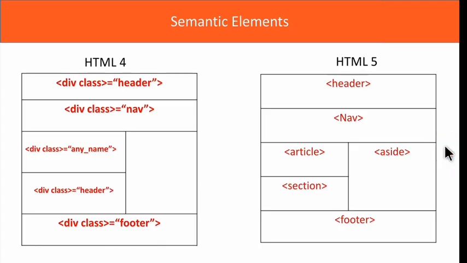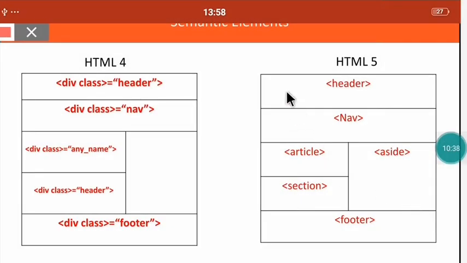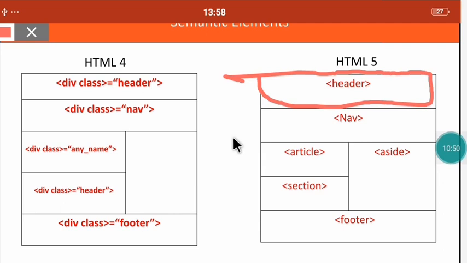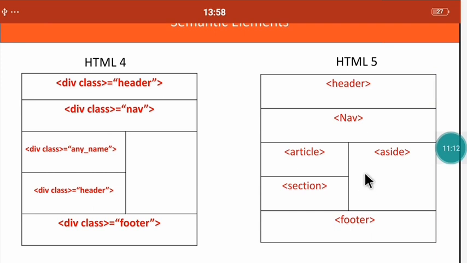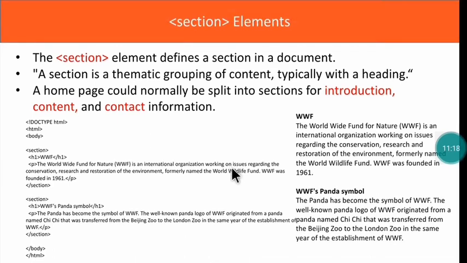But in this, here we can directly have this one. Directly we can place the footer. So this is the footer, you can place directly in this. Here also the navigation tag is given straight away. You can use article, section, aside, and the footer. So previously in HTML4 it is not like that. You have to use the div tag and then you can place the content. But in this you can easily place the content by using the new tags introduced by HTML5.